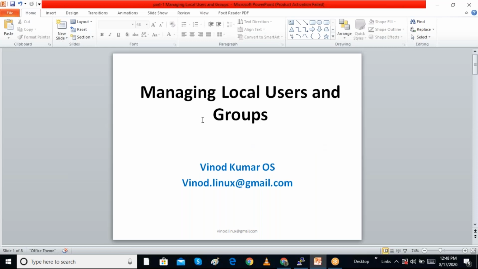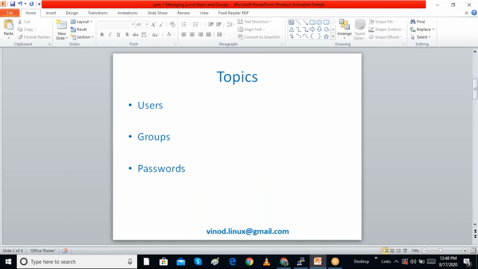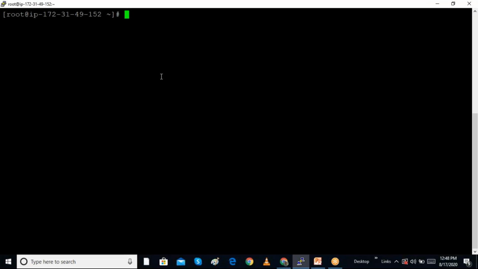So in this session I am discussing managing local users and groups. The topics we are discussing are users, groups and passwords. I am in a Linux system, and currently we can see that I logged in as the root user. I can create a user by using this command, useradd